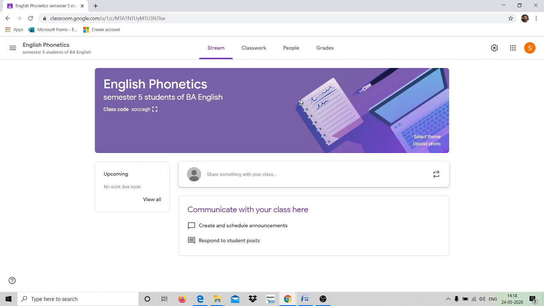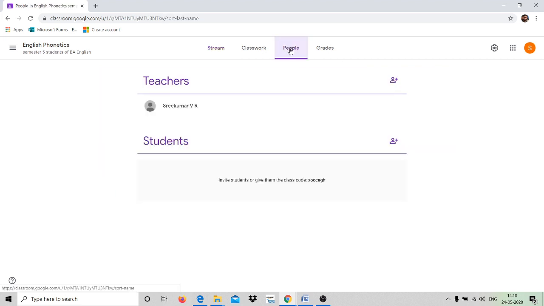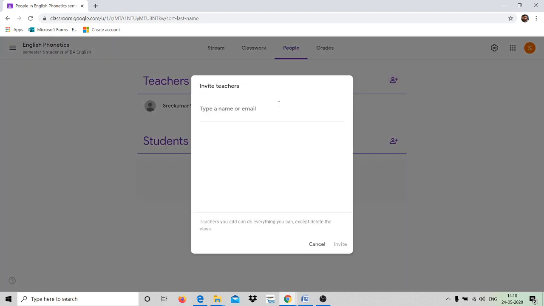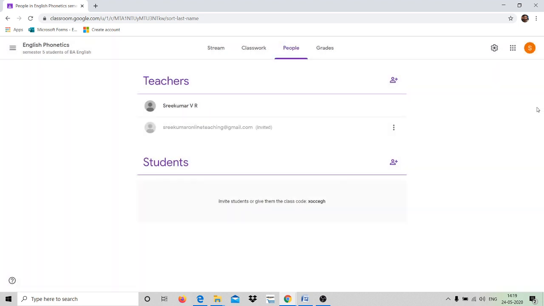Okay, so next we will try to look at how to add people. So click on the people tab. So here in the teachers option, there's an option for adding more teachers. You can click on this and you can invite teachers by giving their email address here. Okay, by clicking on this you can invite him or her. The invitation has been sent, the teacher can accept the invitation and he or she can be part of this